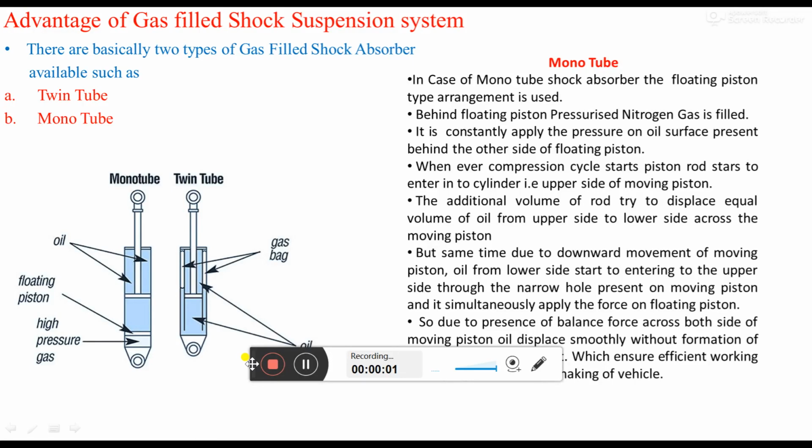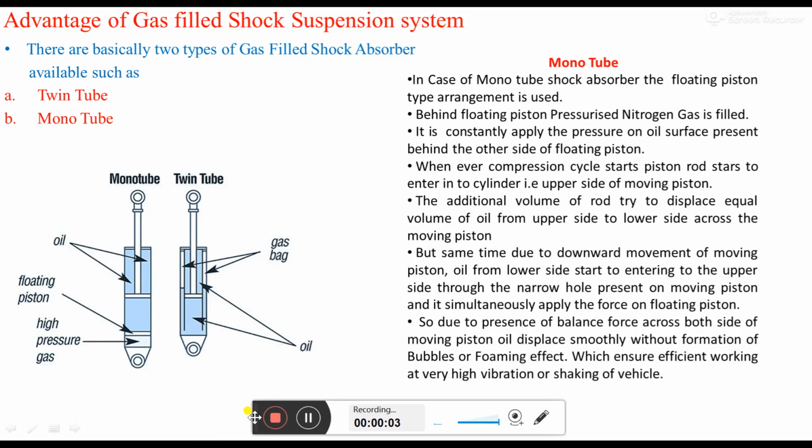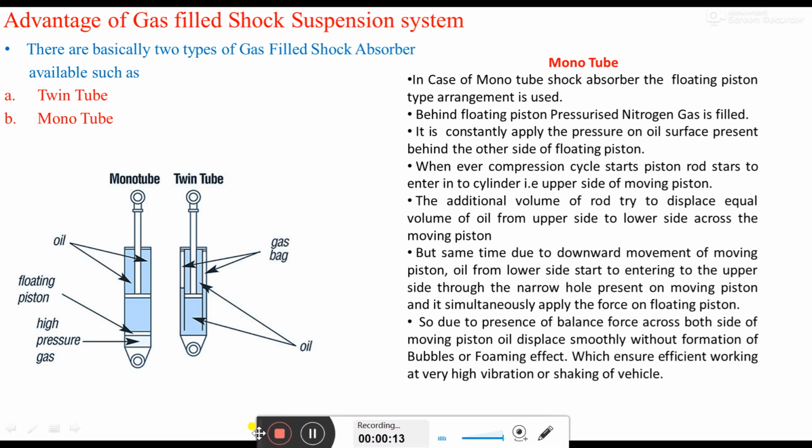Hello class. In the previous lecture we have seen the twin tube telescopic shock absorber, which is about 70% filled by oil and the remaining is filled by air. So nowadays we are using a gas filled shock absorber suspension system. Whatever the disadvantage I told in the case of the telescopic twin tube, that is emulsion formation of the air and oil,